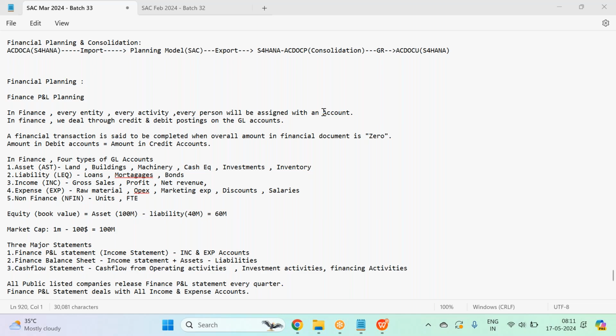So how finance happens is, we have a financial transaction or financial documents where we do some debit and credit postings on the accounts. Guys, this is how debit and credit postings happen. Say you're paying salary to your employees. One financial document will be created where the amount will be debited from the company's account. Like 1 million will be debited from the company account, out of which $50K is spent on employee one, and employee two, 60K.